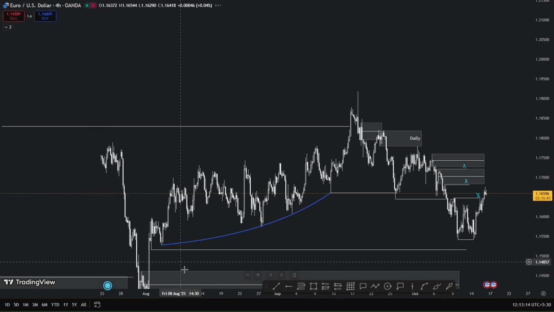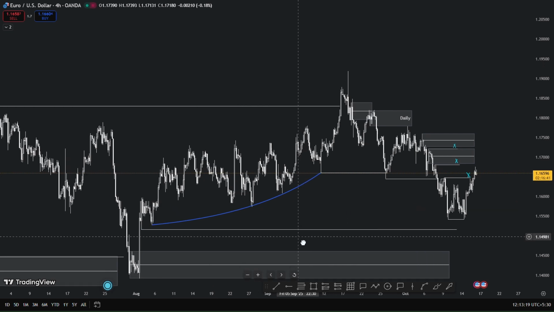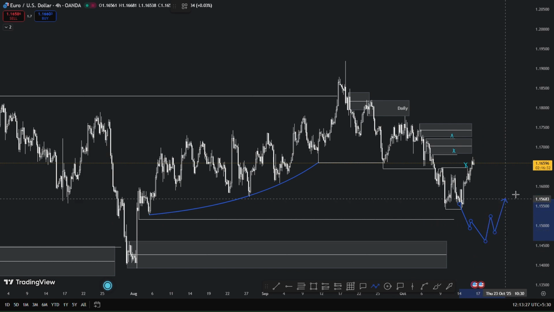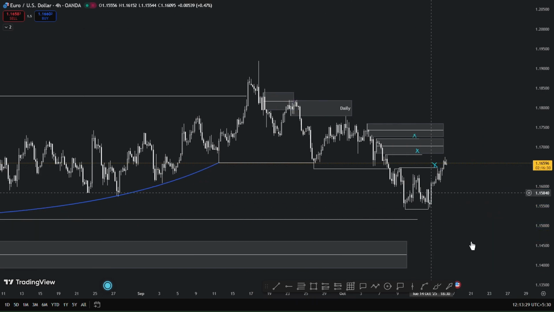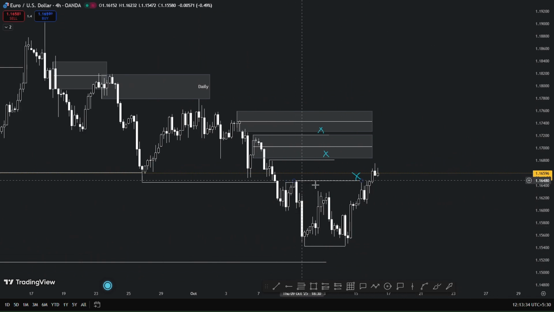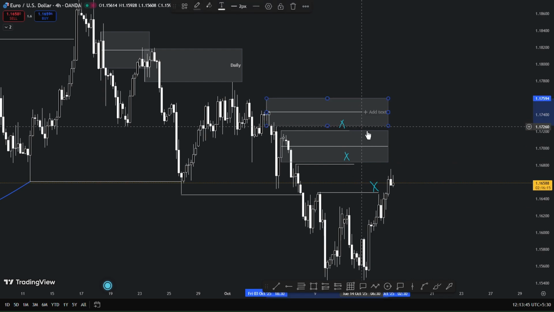We have a significant liquidity low which is yet to be swept. After the significant liquidity low is swept, we will look for buys from here. But right now the market is in a pullback phase. As I expected yesterday, this high was swept. Now we have two major zones, and this is an extreme daily supply also, so that is kind of strong,